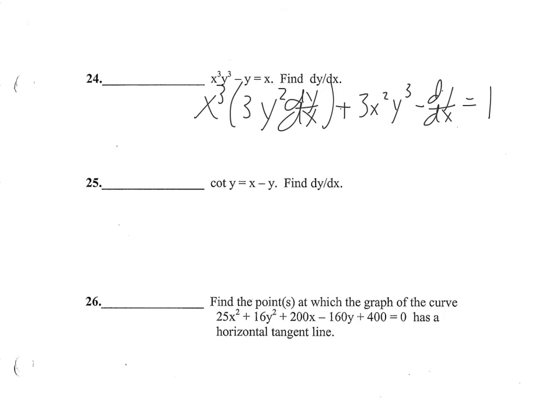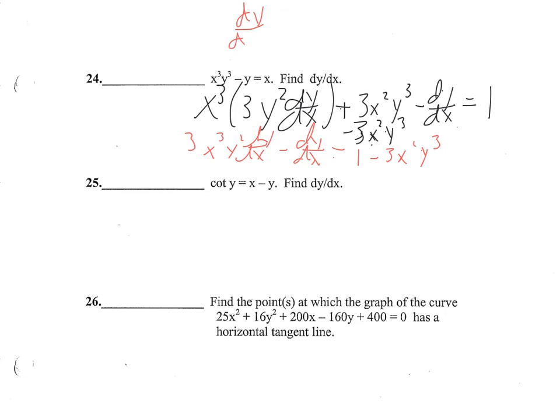Well, let's factor out a dy over dx out of everything. Oh, wait a minute, let's subtract this off. This would be 3x squared y cubed needs to be subtracted off. Sorry, I wrote this way too big, so let's say that this is x cubed, 3x cubed y squared dy over dx minus dy over dx equals 1 minus 3x squared y cubed, factoring out the dy over dx's, and then you would get